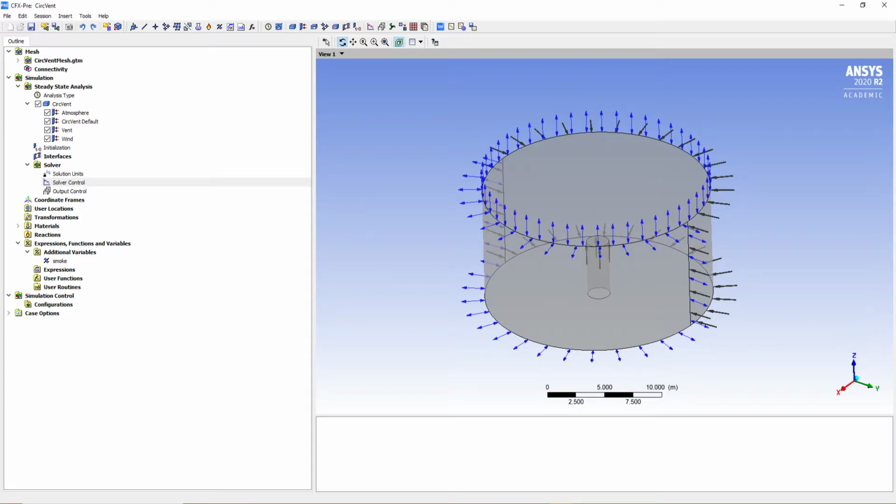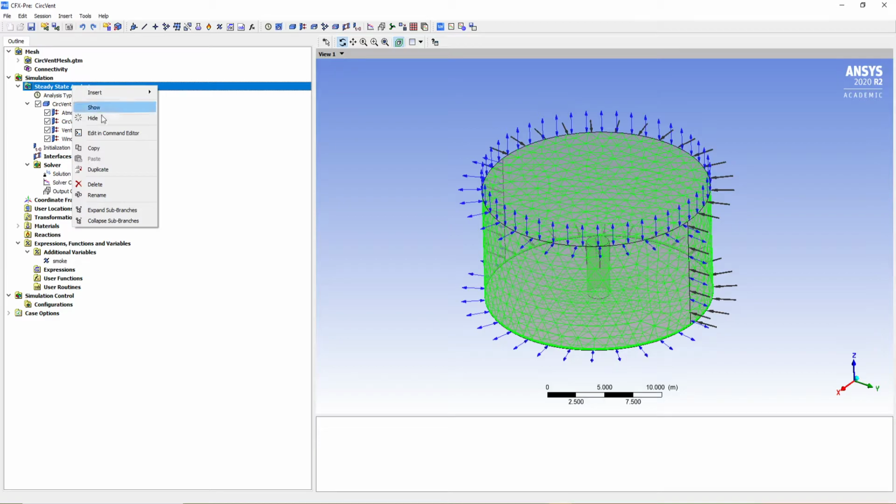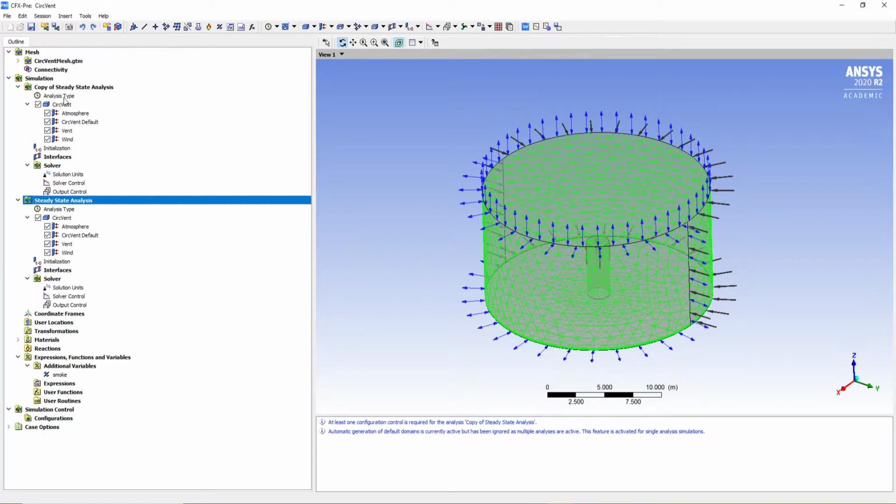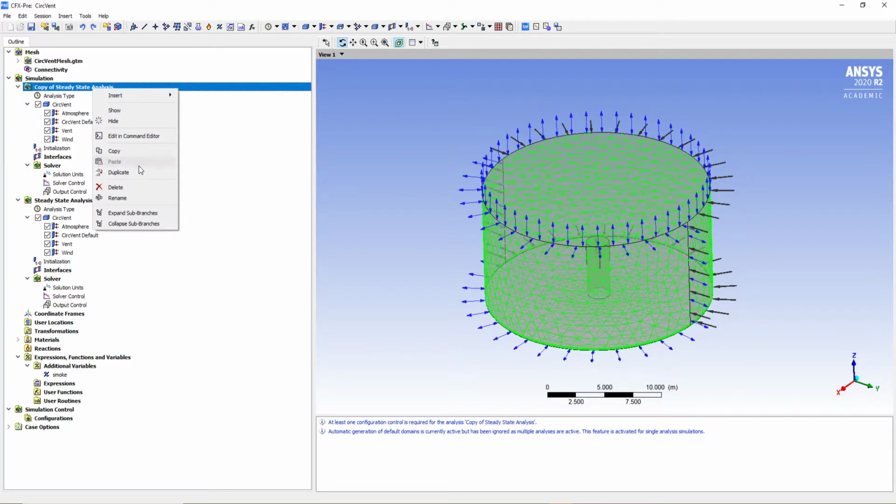So now we're gonna create our transient simulation. What you're gonna do here is duplicate the steady state analysis right here. So right click it and select duplicate. So now we have this simulation right here, which is labeled copy of steady state analysis. We're gonna change its name